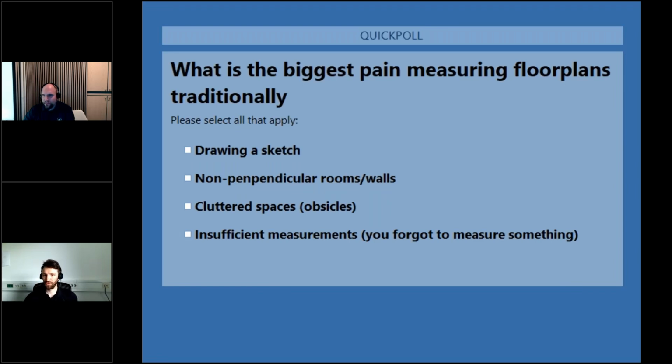So Vid, what would you choose? Probably I would choose drawing a sketch, drawing the map of what I have measured, because I used to do it with the Disto device, also writing all the numbers, making sure to get everything right. And then of course there's a problem if the measurements don't fit together. That's also a very big problem. So both non-perpendicular walls, and I think you have summed up the difficulties very well, Mattia, because I think